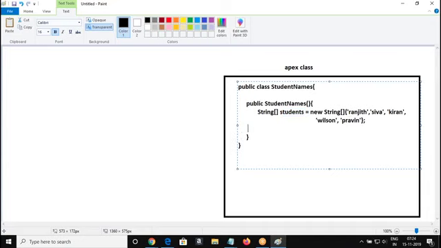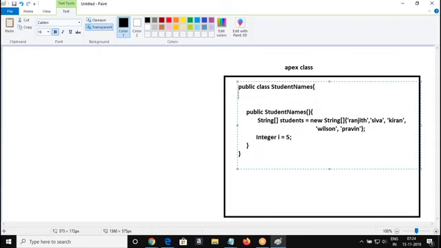Suppose I have an integer variable here, integer i equal to 5. How are we going to refer to this variable in your Visualforce page? This variable should have a public access modifier, and it should be a get set property. That's the rule we know: only a property can be referred. So here I need not declare again; i equals 5. Now I can refer to the integer i in your Visualforce page.